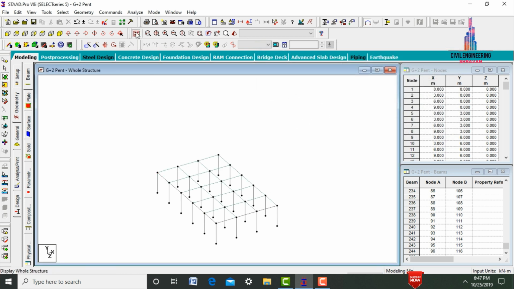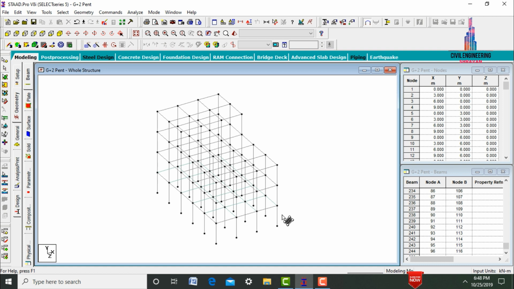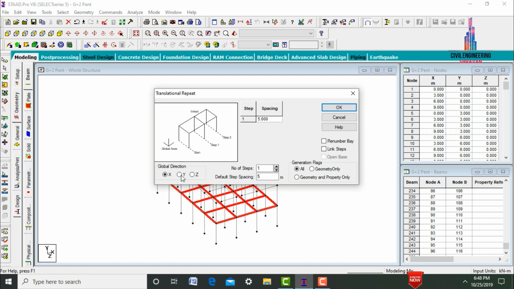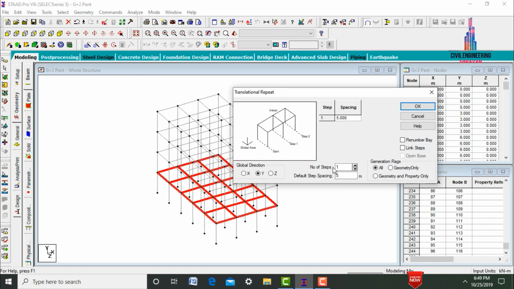After that, click on host structure command. Now we need to copy the 4 node plates to the remaining 2 stories. Select your plate cursor option. I'm selecting all the plates here. Go to select in translational repeat option. Again in Y direction. Now we need to copy these plates to the remaining 2 steps here. This time taking it as 2 and each step will be 3 meter.